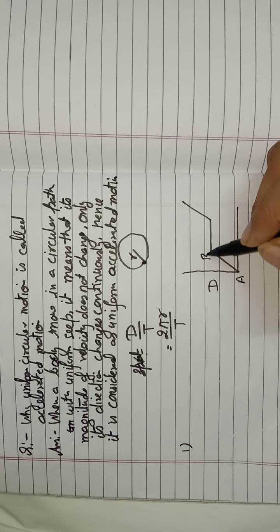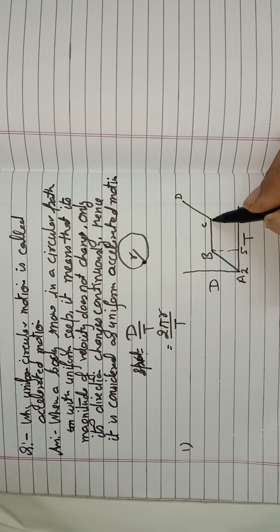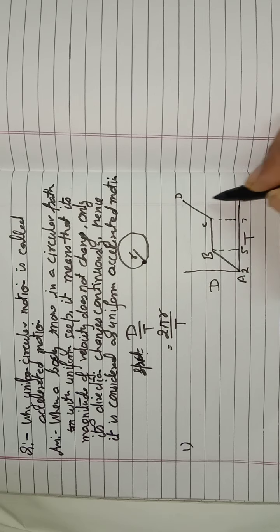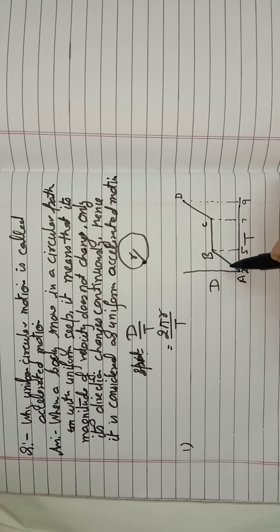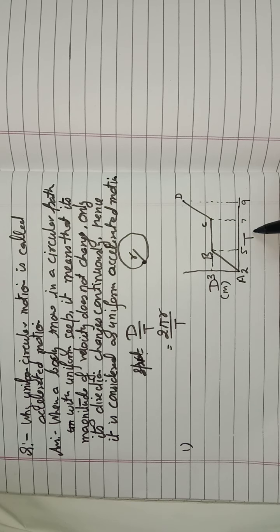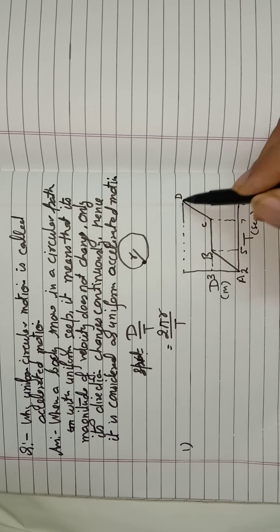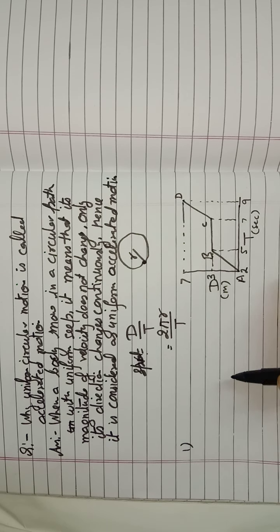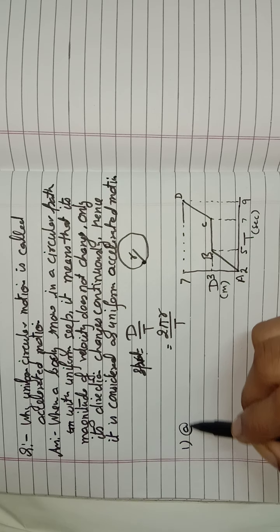This is the graph. We already have this graph in the question, marking it as A, B, C and D. At the point A, the time is 2 seconds. At the point B, it is 5 seconds. At the point C, it is 7 seconds. And at the point D, it is 9 seconds. Now, what about the distance covered? Distance is 3, with distance in meters and time in seconds. And at this point the distance covered is 7 meters.